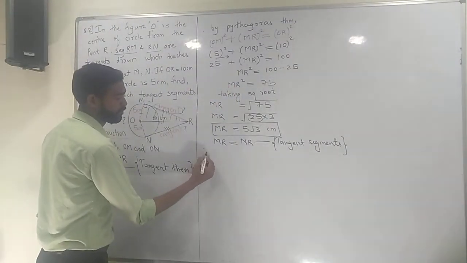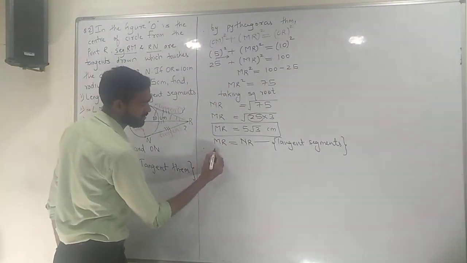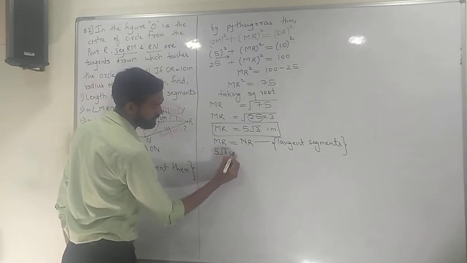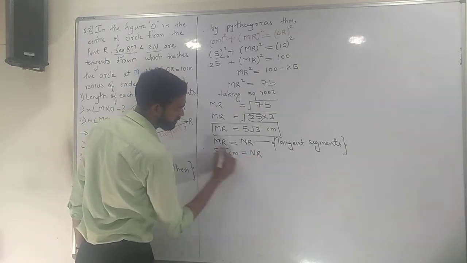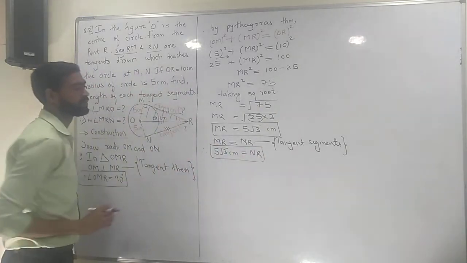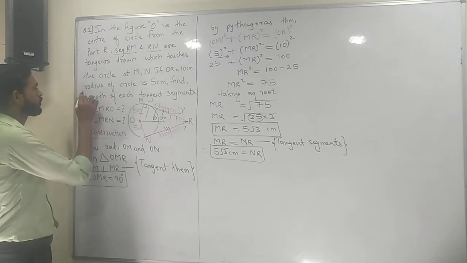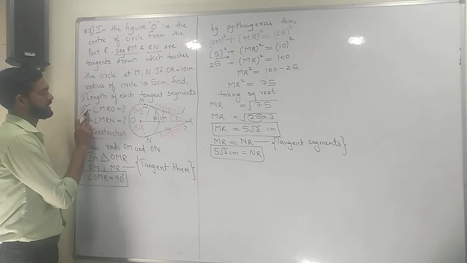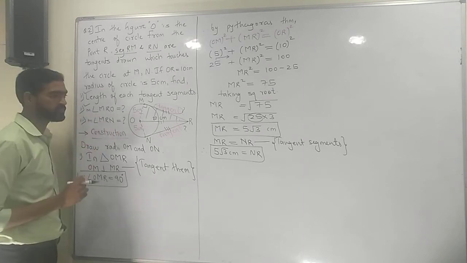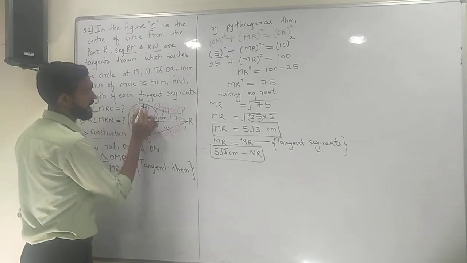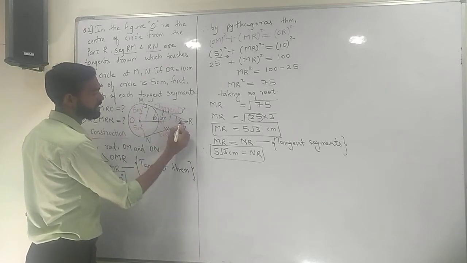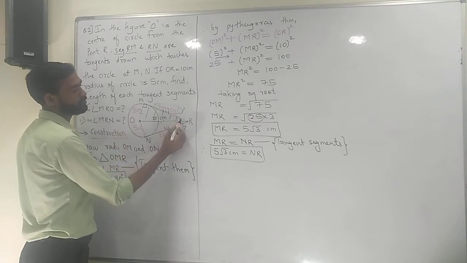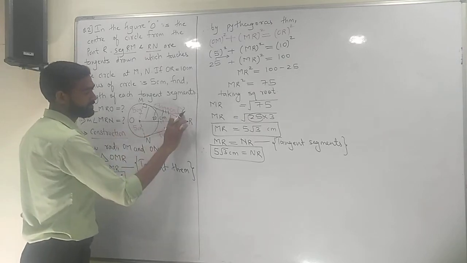Clear? Therefore, MR is 5 root 3, so NR is also 5 root 3. So here I can write 5 root 3 centimeter. Clear? So this was the solution for the first sub question. First we are done. Now let's move to the second. Measure angle MRO. Where is it? Let us check. Angle MRO, this upper angle. Right? So this angle I need to find. Let's keep here theta.